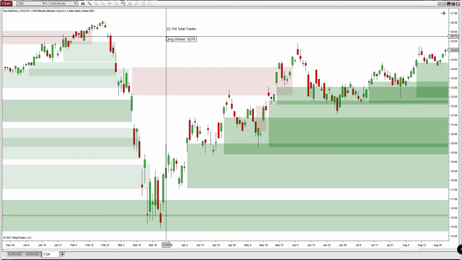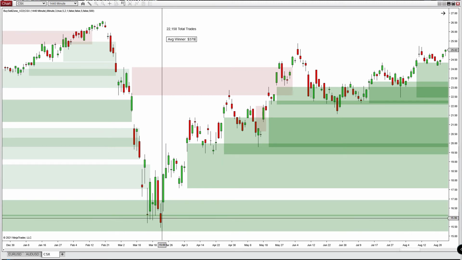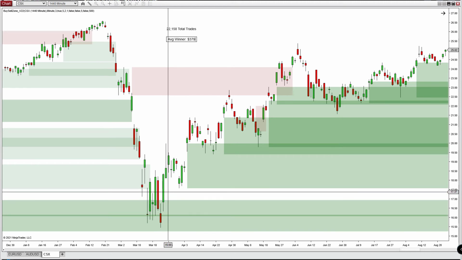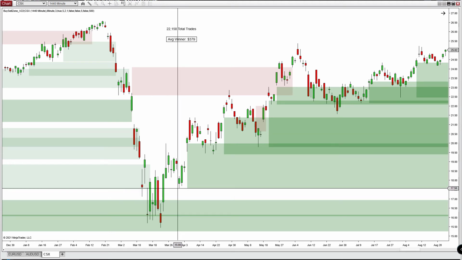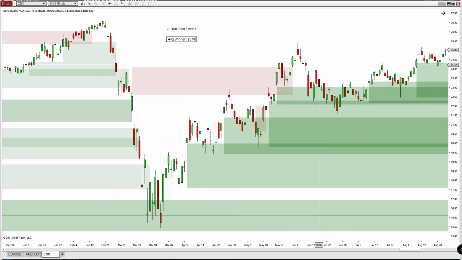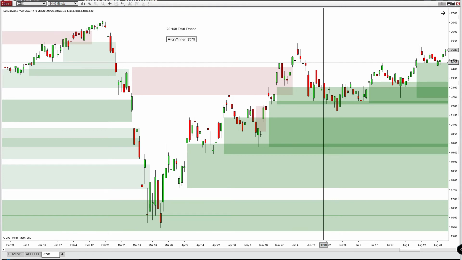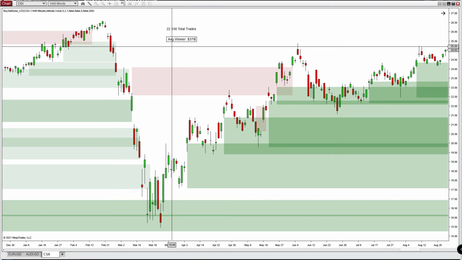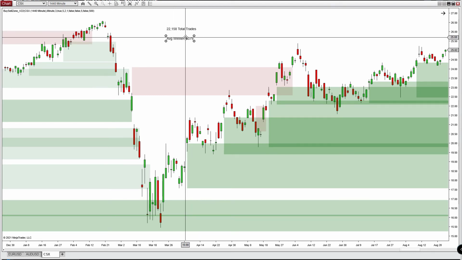Now, how do I arrive at that number? Well, I'm using a volatility metric to determine how much to risk, and I also use the volatility metric to determine how to trail a stop. I'm not going to get into that in here. This is just very basic. There's a million ways to trade these things, but that's how this was done. So the average winner is $379, and then the average loser